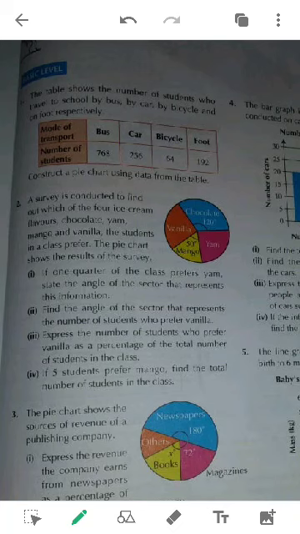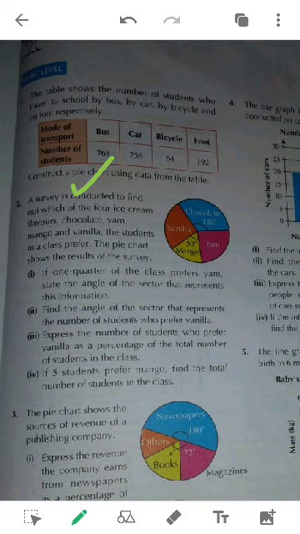So let's start. In this data, the first thing that we have to learn is the pie chart. What is a pie chart? A pie chart is basically the representation of data or information of different things on a circle. Now two things are very important. Number one is, what is the angle of a circle? We have studied it recently in geometry. The angle of a circle is 360 degrees. A semicircle is 180 degrees, a quarter circle is 90 degrees, but the angle of a circle is 360 degrees. So please keep this in mind so that we can proceed accordingly.